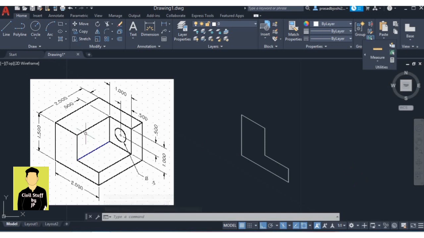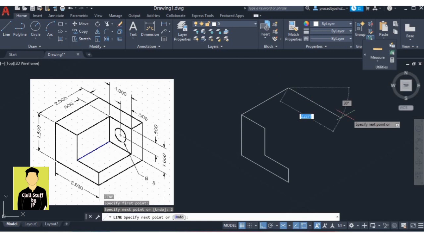Now let's come back to the top view. Let's now draw this section. So for that I have to change the view. So I will simply press F5. Now you can see that I am in the top view. So I will draw this line first, which is of 2 units. So I will simply press L, enter, select the first point and give the direction and 2 units.